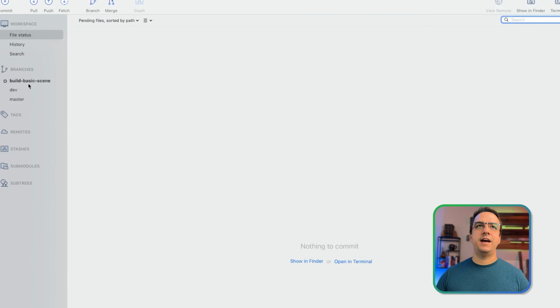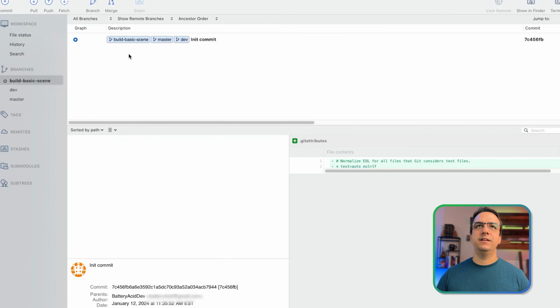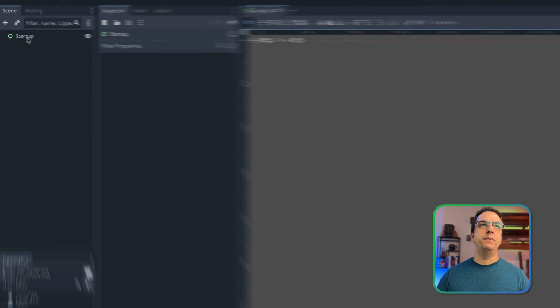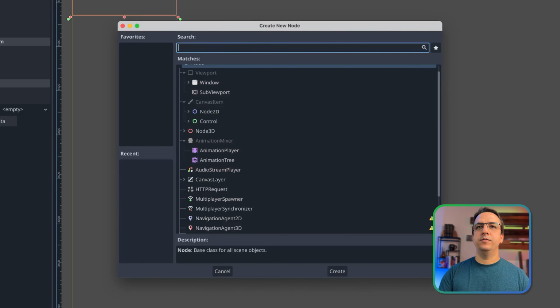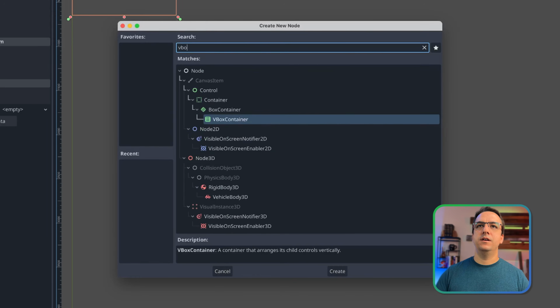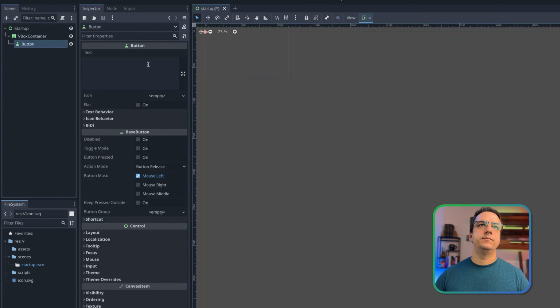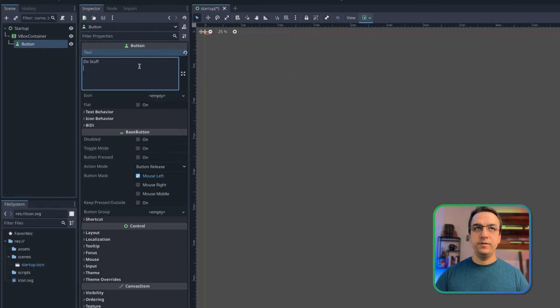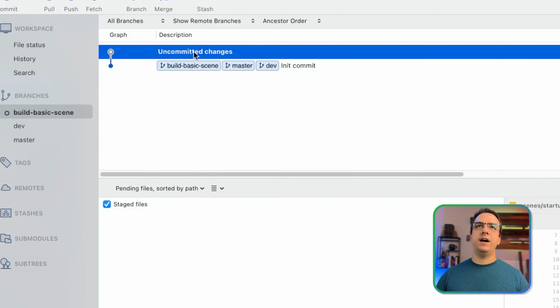If you look at file status, there's nothing here. You can see I don't have anything to click on. Let's go over to our startup scene and build out a basic UI. Maybe we just want to make a button here, or let's just do a VBox. Okay, and let's just add a button. We'll say "do stuff," and we'll go ahead and save that. And if we go back over to our repository, all of a sudden this new graph node appears and it